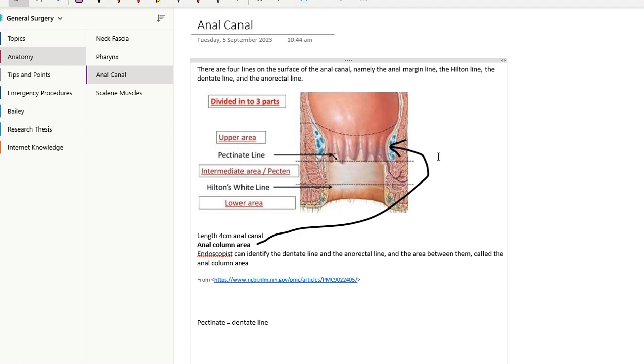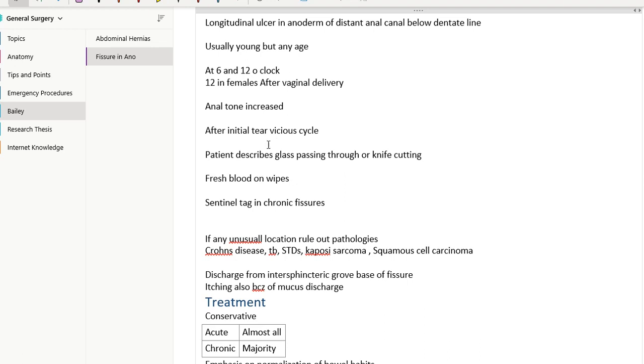And so if a fissure develops initially, I especially wrote the word initially. Okay, after the initial tear a vicious cycle is going to start. The tear increases anal tone, and it will further increase ischemia, which will further increase